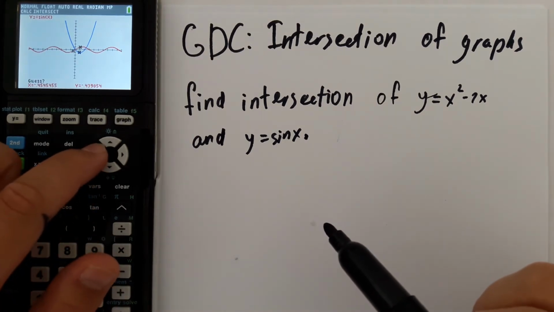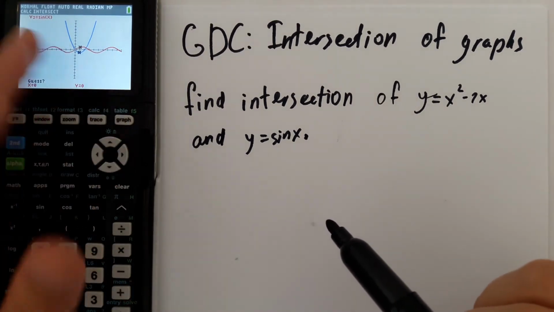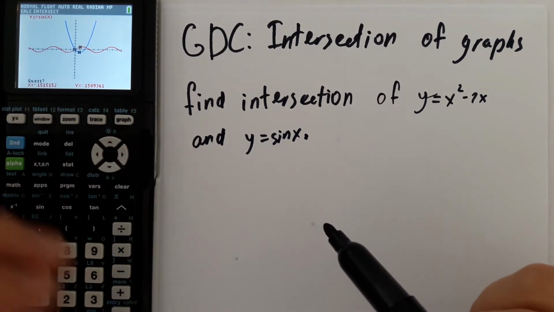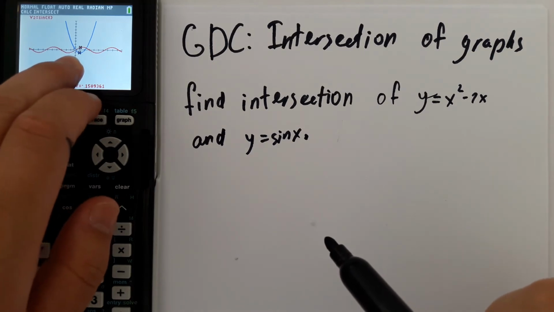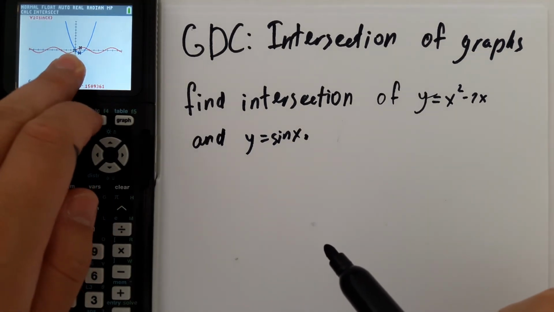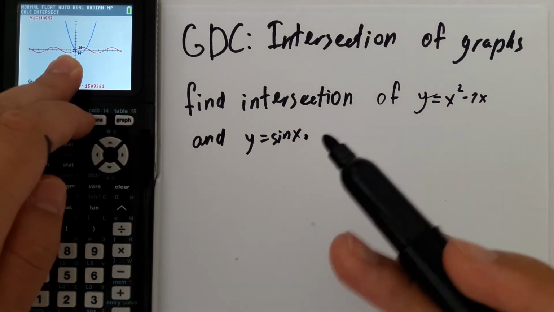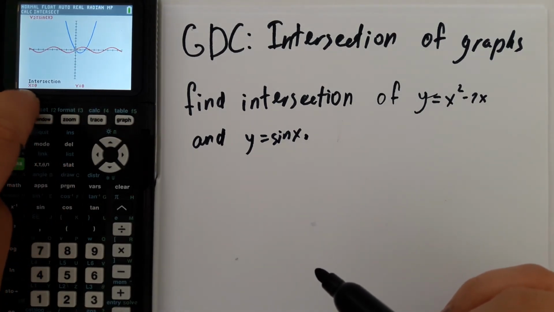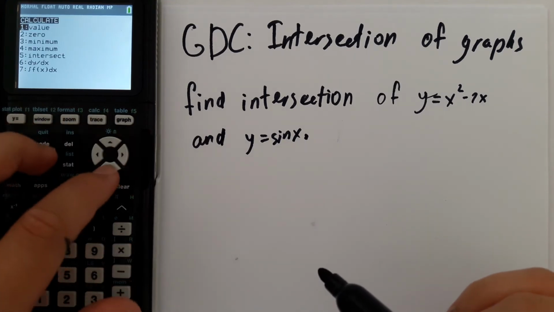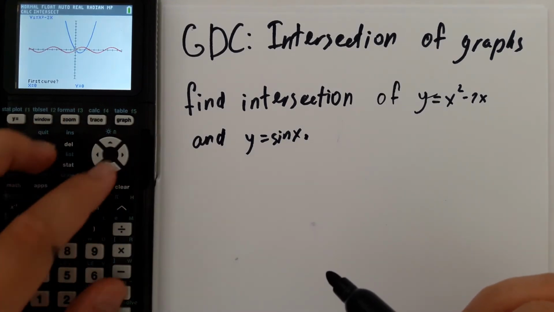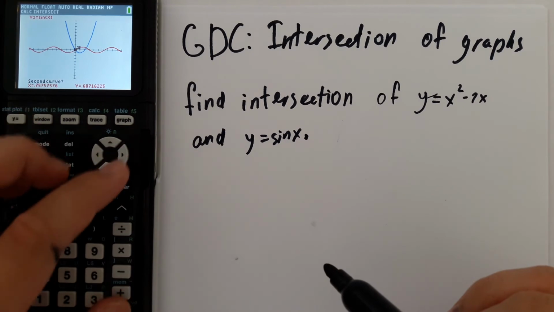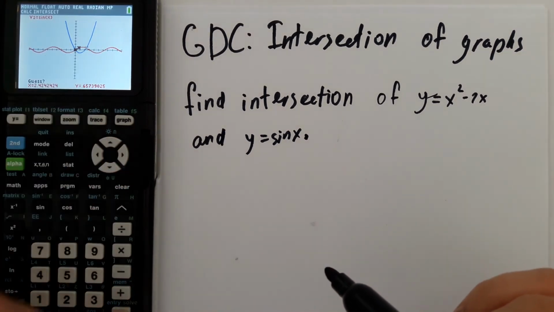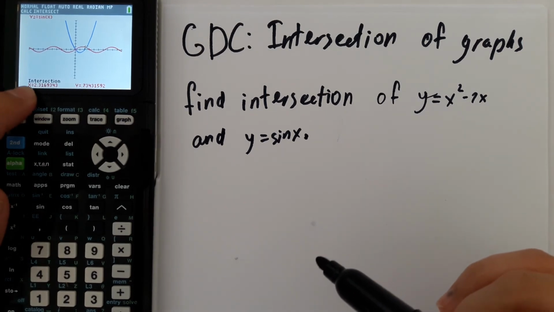Now guess. Guess means, as you can see, there are two intersections, and we need to show which intersection we want. So I push it approximately near the intersection I want to find, and yes, the first intersection is 0, 0. To find the second intersection, I repeat again. Intersect. I choose the first curve, I choose the second curve, and the guess. Now I want to find this intersection. And the second intersection is this.